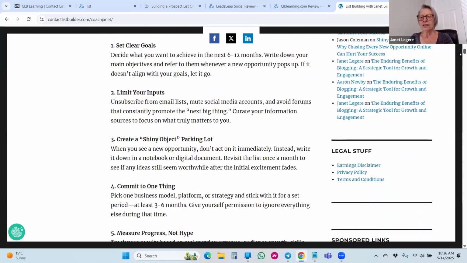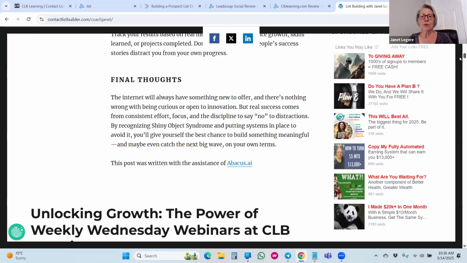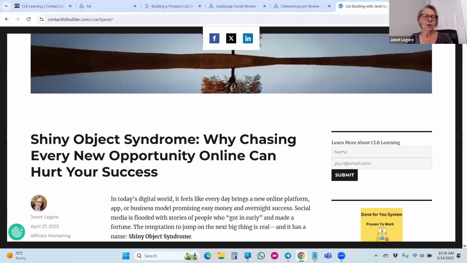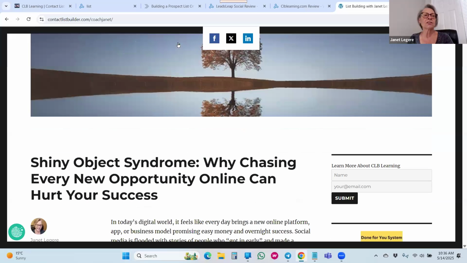Let me come down here, and this is where it gets fun. Sponsored links. We were talking about the pay-per-click. This is the pay-per-click widget, so we'll talk about that in a moment. But you add that here, and you're going to be earning from that as well. But here's the magic. When you create a blog post,